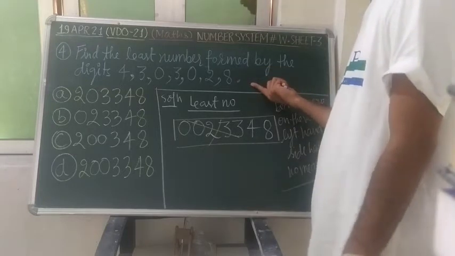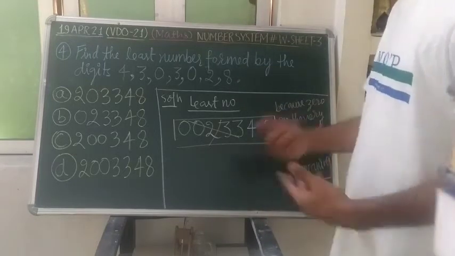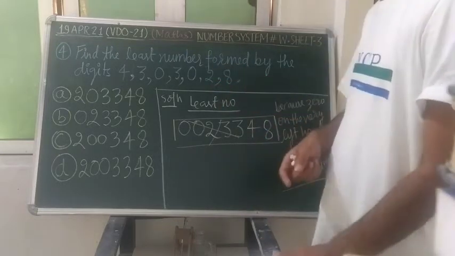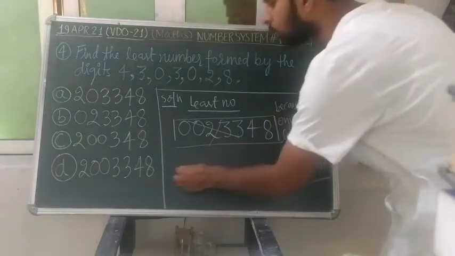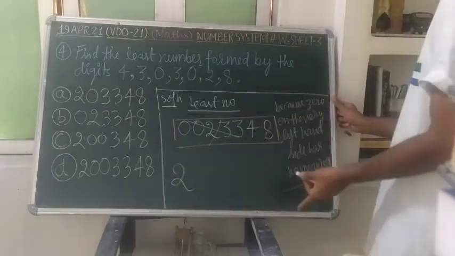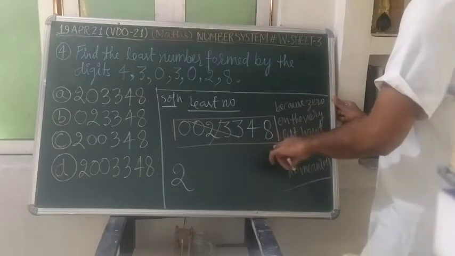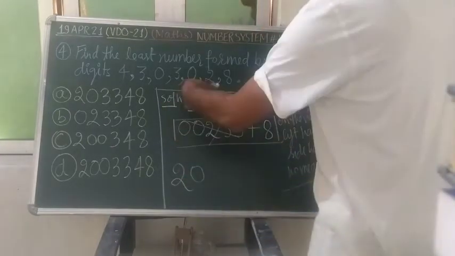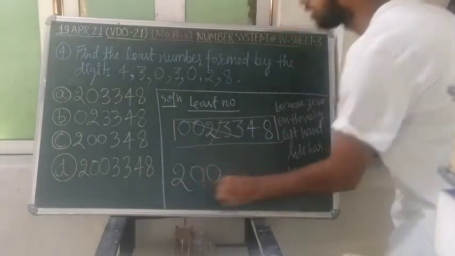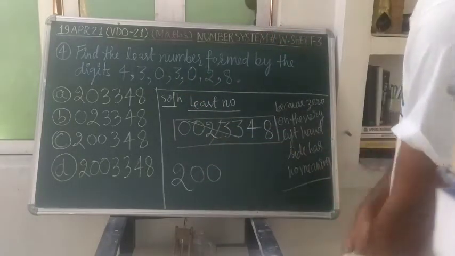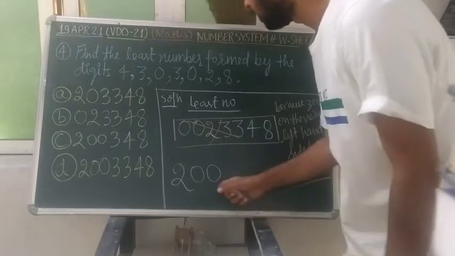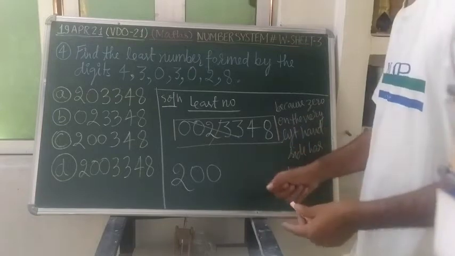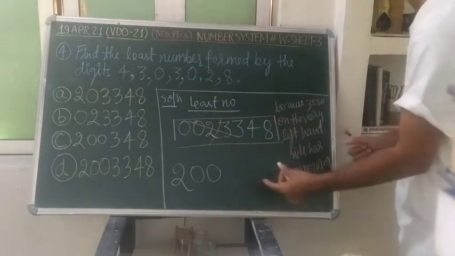1 is not present here. So we will move to the 2. 2 is present here, and 2 is coming one time. So first we shall select the 2. Immediately after selecting 2 we will put the 0. So we will write 0 here, and that 0 is present 2 times here, so 2 times I will write 0. Then after this 0 and 2 we have selected, after 2 what will come? 3 will come, and this 3 is present 2 times in the problem.